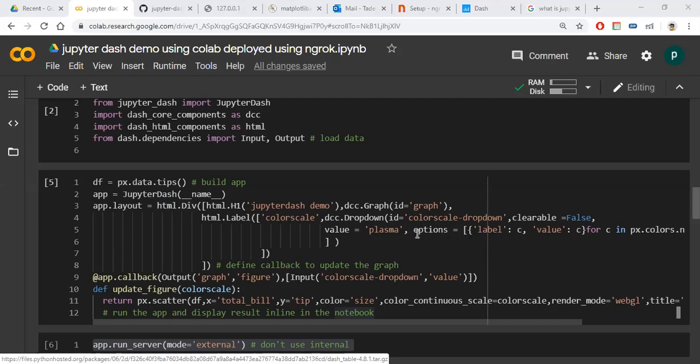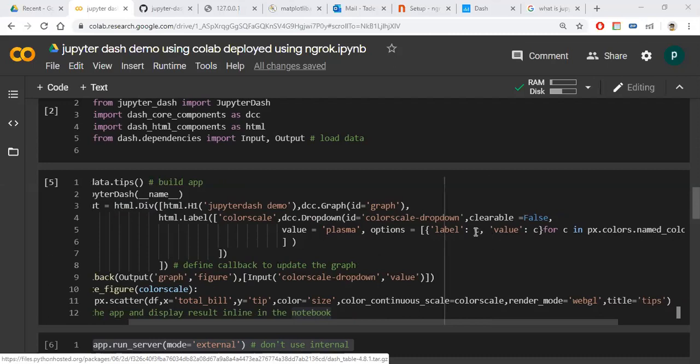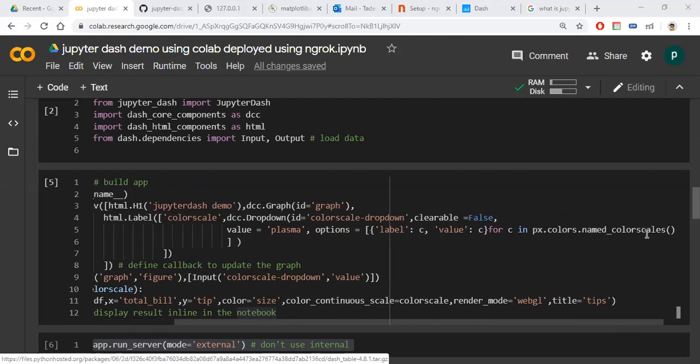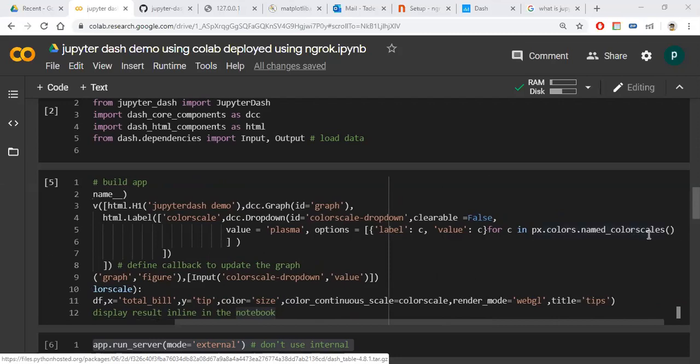We need to give different options to select different colors. So I am writing px.colors, in the named color scales, where so many colors are available. I am assigning each to c, and this c will be the label.